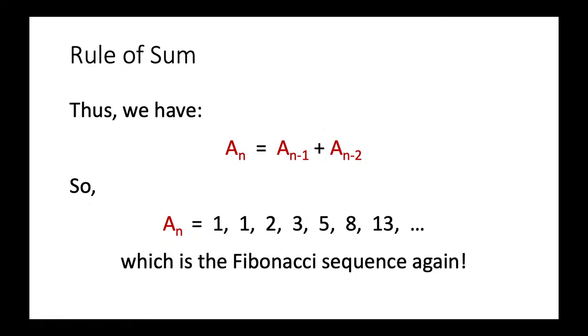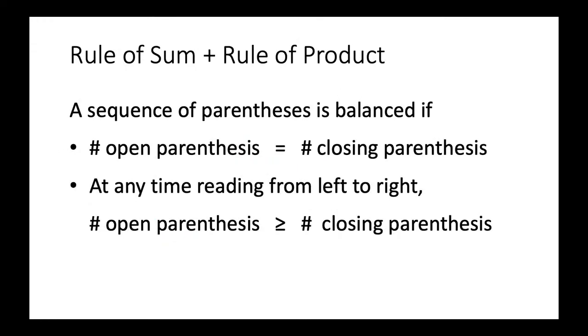Okay, so the next problem that I will give you is more complicated. And this time I will leave it for you as an exercise. Now the next problem, we will not just need the rule of sum, but we will also need the rule of product together. So let me define a term called balanced. So we have a parenthesis sequence. We have a sequence formed by parentheses, and it is balanced if the number of opening parentheses is equal to the number of closing parentheses,